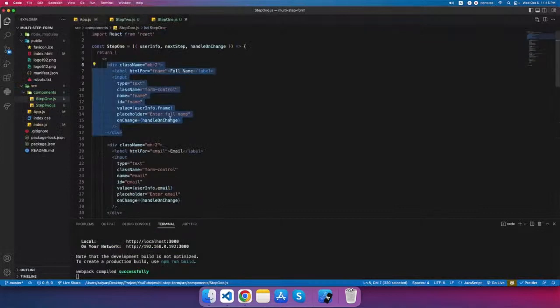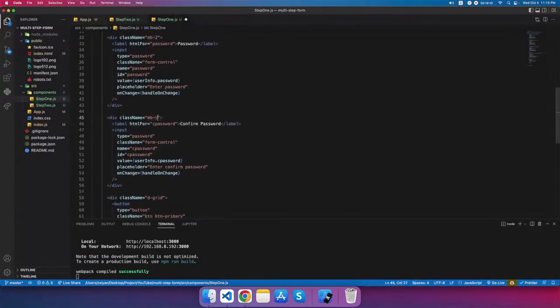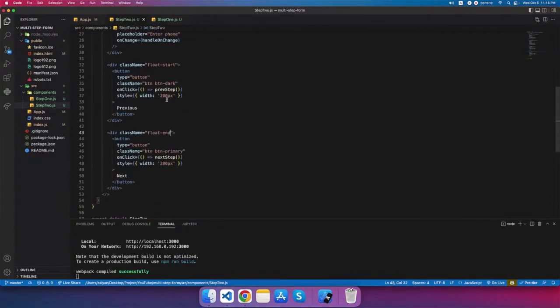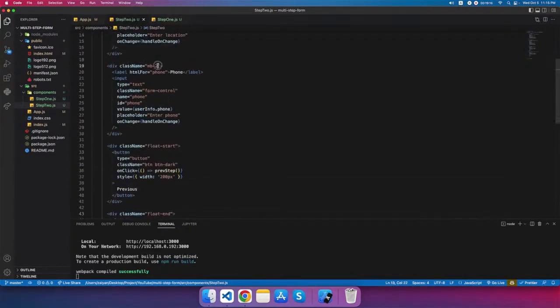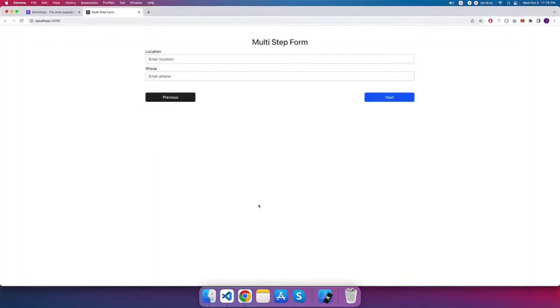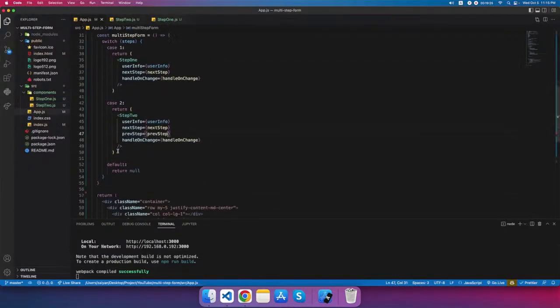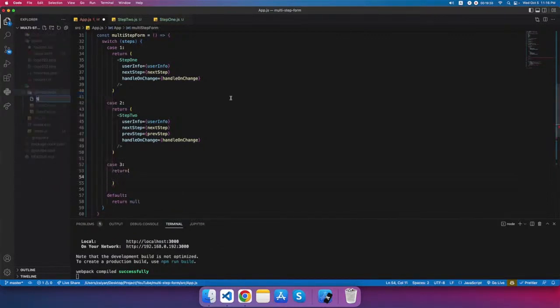And for the step 1, for the very last one, you can simply add margin-bottom 5, so it will look better. So you see, we will have more gaps here, right? And then the next one is case 3. So for the case 3, we will have another component, name is